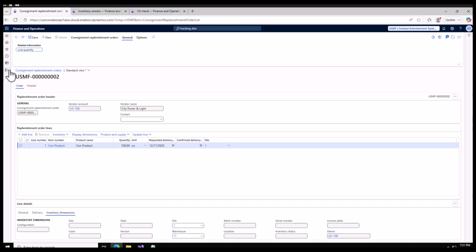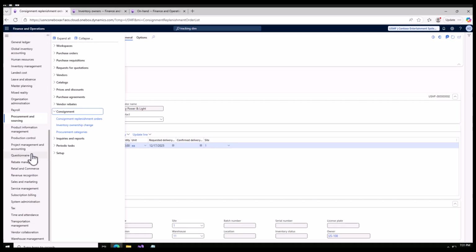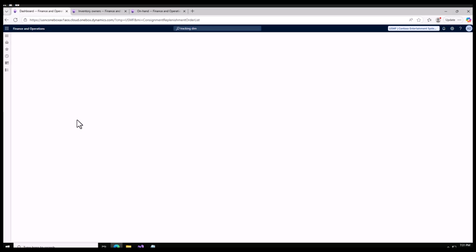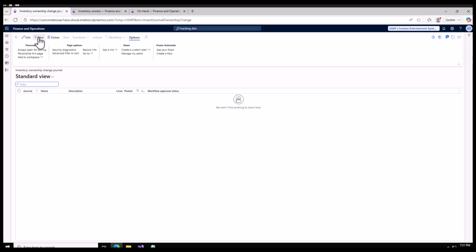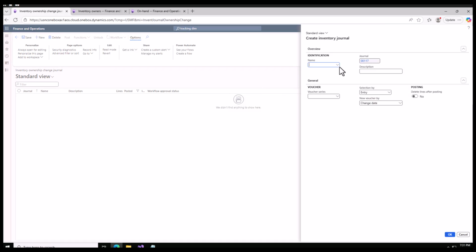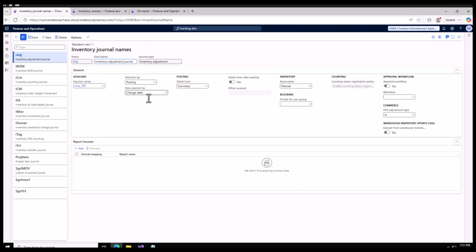So I will go to my procurement and sourcing. Here I'll again go to consignment, and this time I will select inventory ownership change. And here the actual purchase order will also be created. And here you can select your channel. So what I will do, I will go to view details. We'll create our own. I'll go to view details. Okay, here what I will do, will create our own